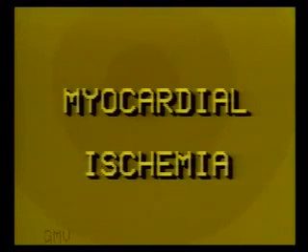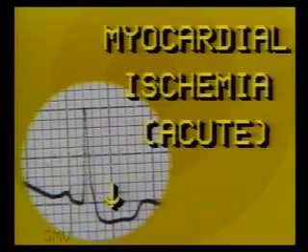Myocardial ischemia, acute myocardial ischemia. For this, we will consider a patient with atherosclerotic narrowing of the coronary vessels. He is comfortable at rest, but on exercise gets anginal pain. What happens is that after exercise, the myocardial demand increases, but sufficient blood cannot reach the myocardium due to partially obstructed coronary arteries. So there is acute myocardial ischemia, seen on the ECG in the form of ST segment depression, which disappears with rest when the demand reduces.